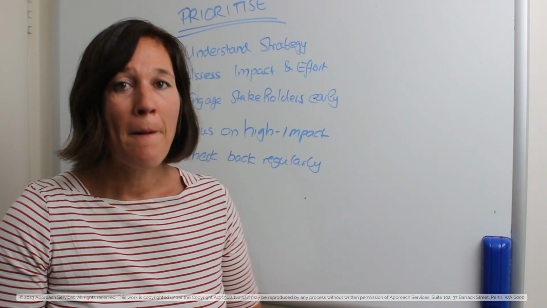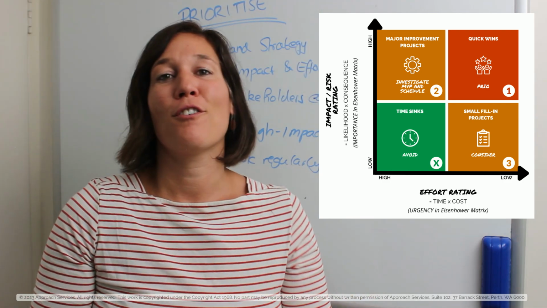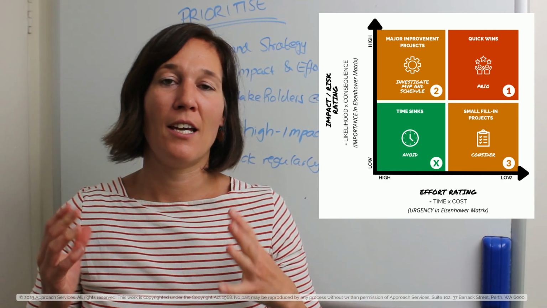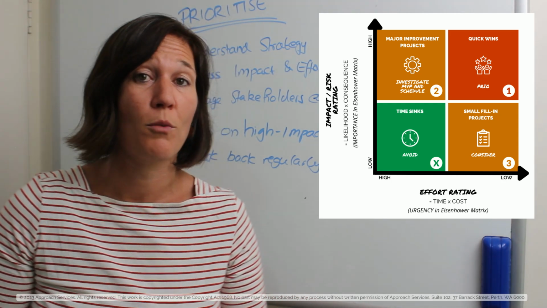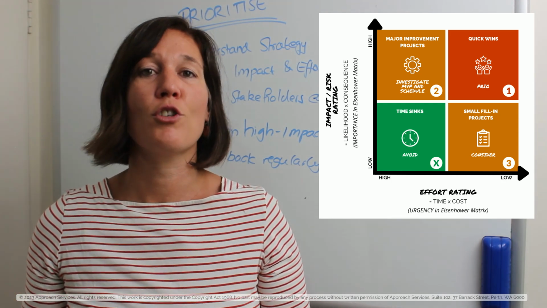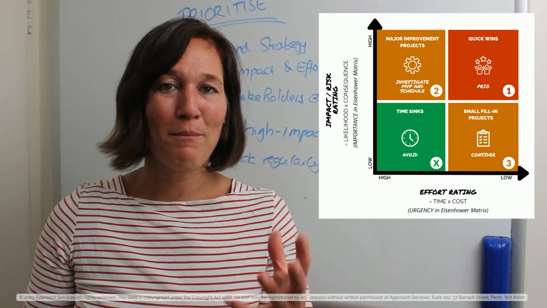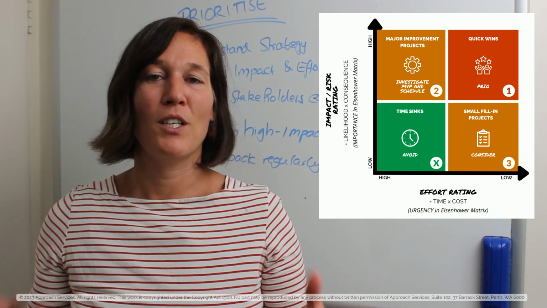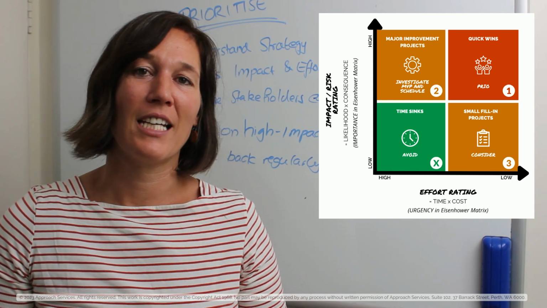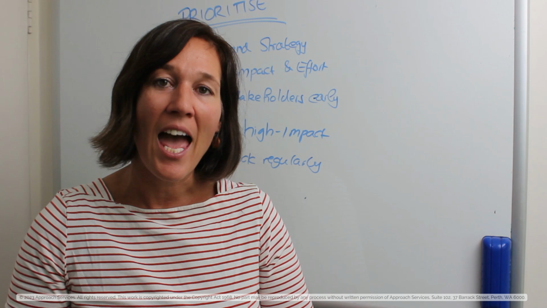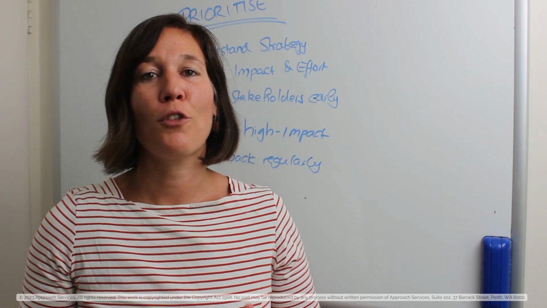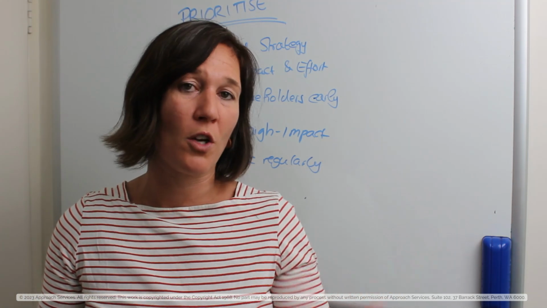consequences that you foresee. On the other axis of your impact matrix, you want to look at the effort that's involved with creating the outcomes for each of the initiatives or projects as well. The effort is usually a rating of the time that's involved and the cost that's involved. When you multiply that, you get your effort rating as well. So then we have 2 axes with 4 quadrants, and it will give us an indication of the highest impact projects that we have in our portfolio and which of those are quick wins versus more long-term strategic